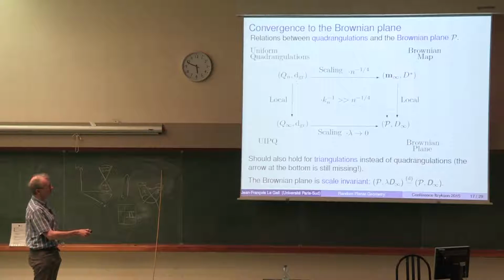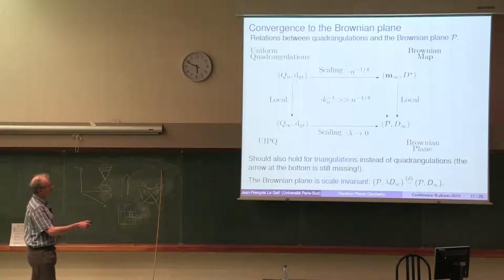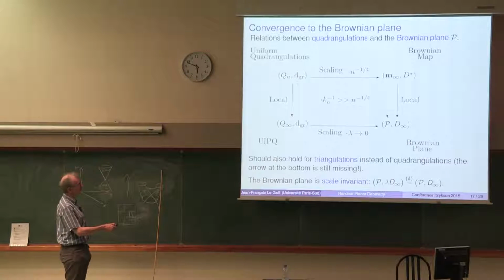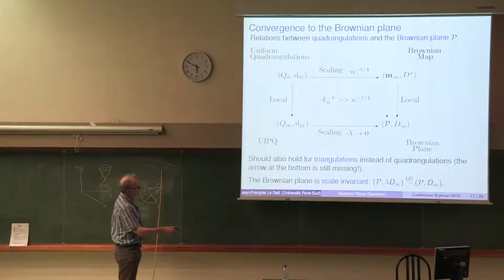In the limit, you have the Brownian map. But you can also do no rescaling and look at the local convergence, Benjamini-Schramm convergence, when n tends to infinity. Then you get the UIPQ, the analog of the UIPT, but for quadrangulations. Okay? And now you can verify that you can also pass to the limit here just by multiplying the distance